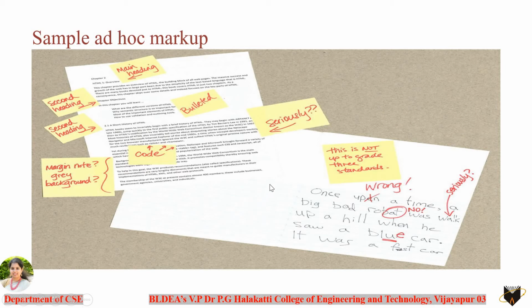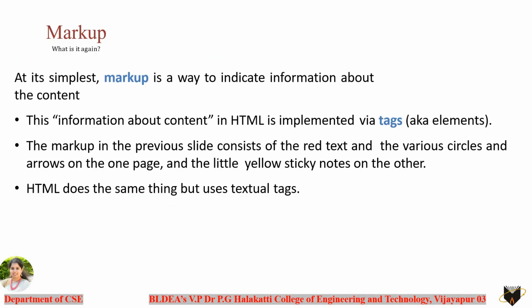So here in this page you can clearly tell which is a heading, which is a bulleted information, which is a paragraph here, which is a subheading. The technique that you sense by just seeing the page, where you can clearly distinguish between this information, the same way can be done in web pages as well. The technique that is used to distinguish this content is said to be a markup. That's why it is termed as a hypertext markup language.